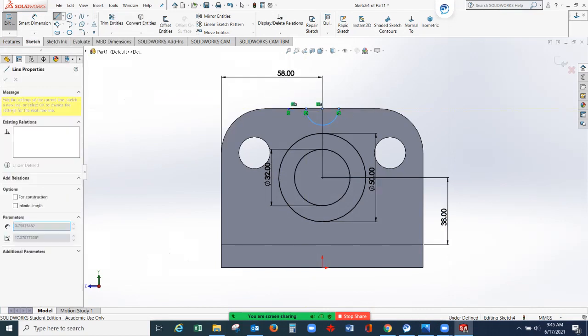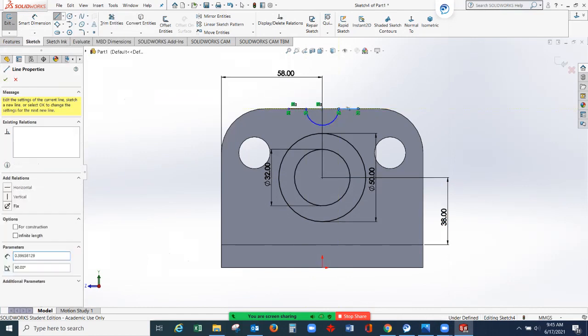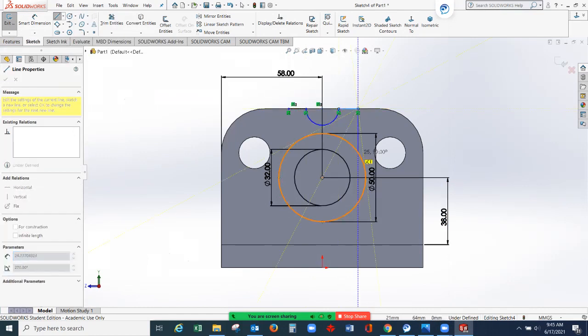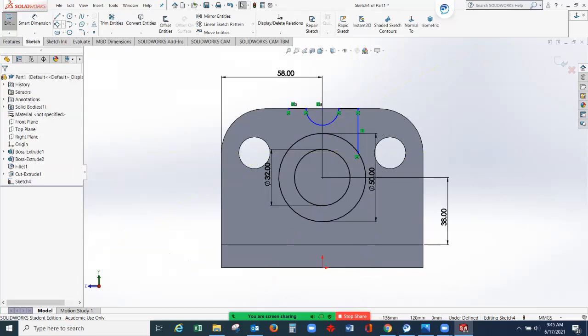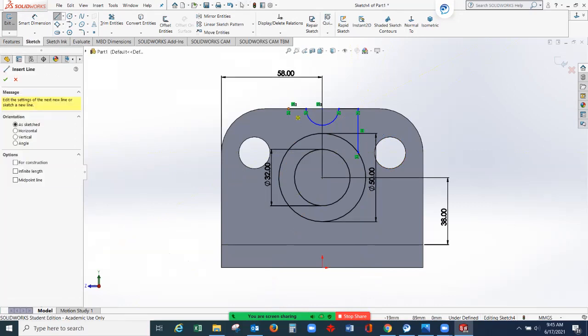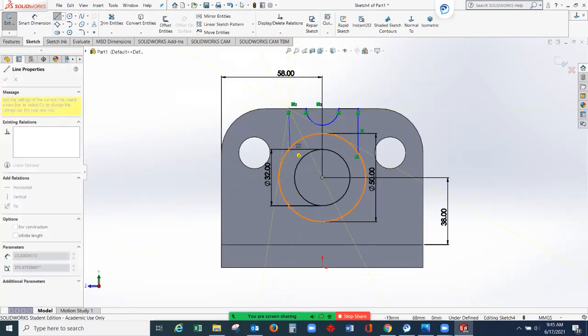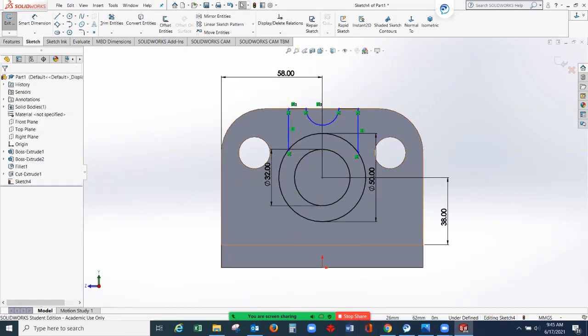From this point, and be sure that this is 90 degrees. So this is vertical. Press the escape button to terminate the command. Again, one line from this point, connecting with the circle. Be sure it is 90 degrees. So it is on a vertical.